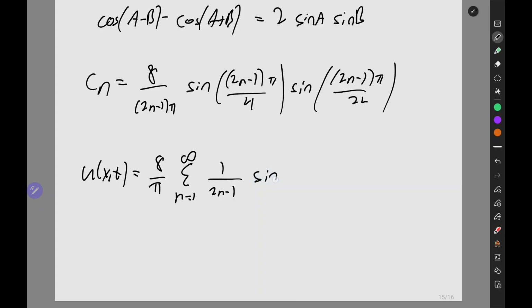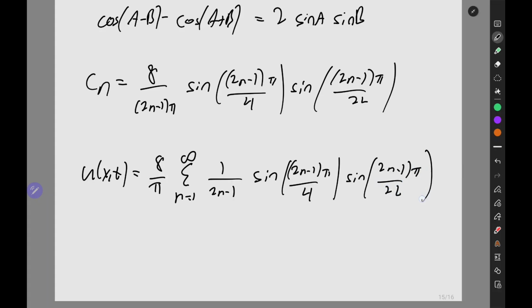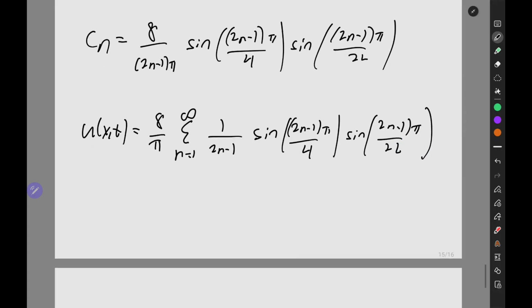And then we get sine 2n minus 1 pi over 4 times sine 2n minus 1 pi over 2l times